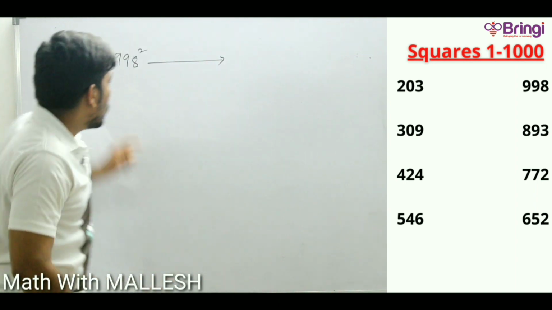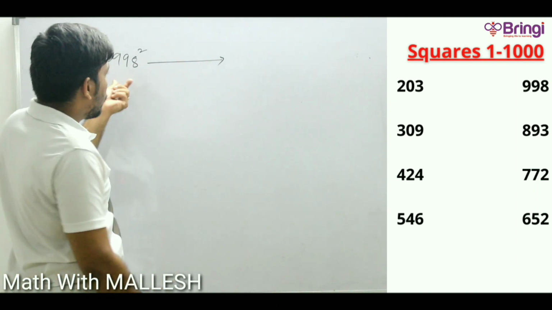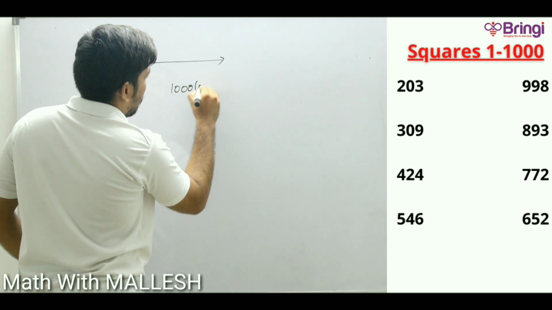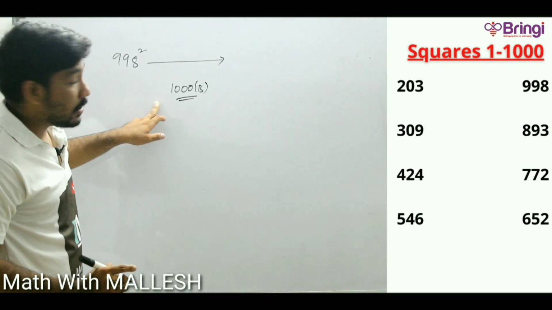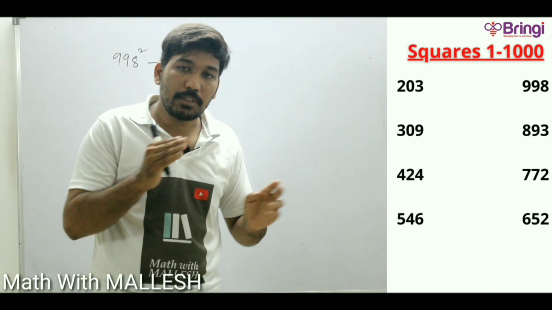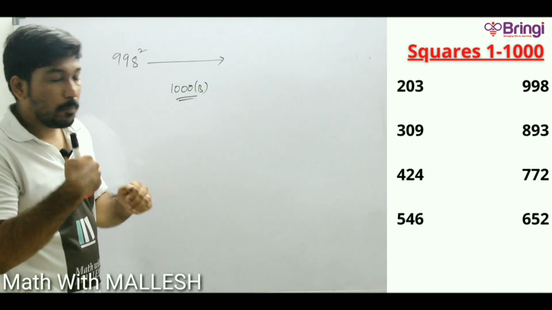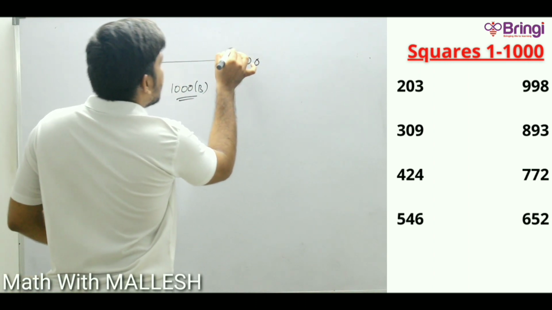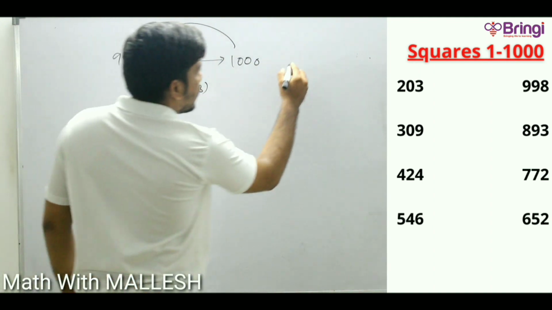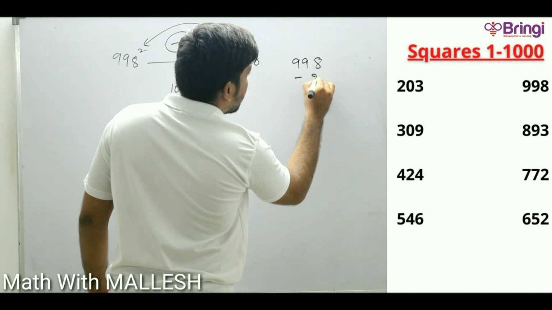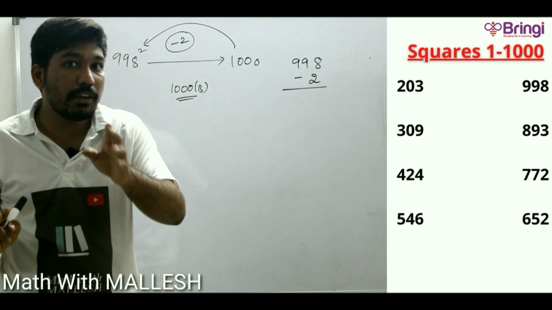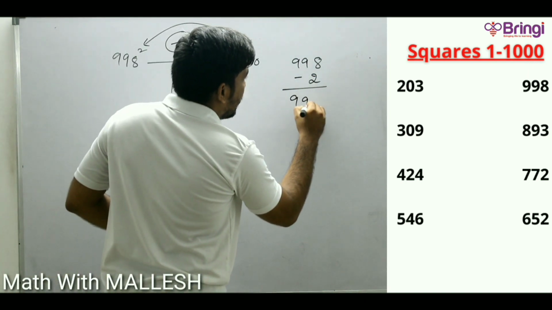So the first example is 998 square. For this I am taking base as 1000. Base is equal to 1000. And if you observe, from the 1000 it is 2 less. The first type was above, now type 2 is below. So for the 1000 it is going to be minus 2. Clear for you? So the first step is take 998 and subtract 2. In the earlier examples we did addition, and in this example we have to do subtraction. So it's going to be 996.